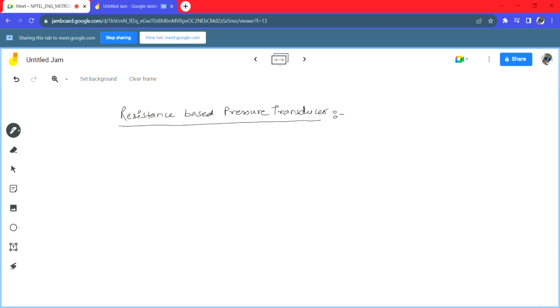Now suppose we take that example again and we say that we have a conducting material and it has a resistance R,